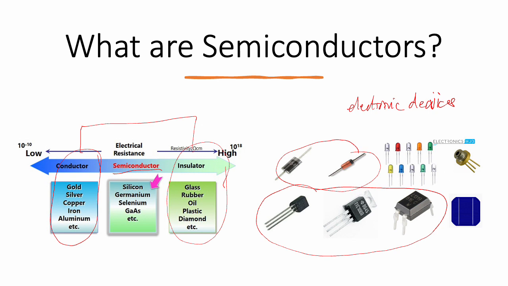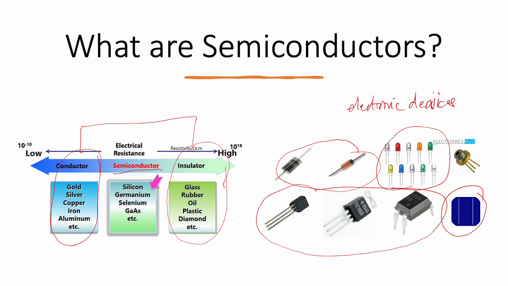We also have ICs. Usually an IC is considered a complex semiconductor device that can contain thousands to billions of transistors and other components on a single chip. They are considered the brains of electronic devices and are used in computers, smartphones, microcontrollers, and many other applications. And the LEDs,